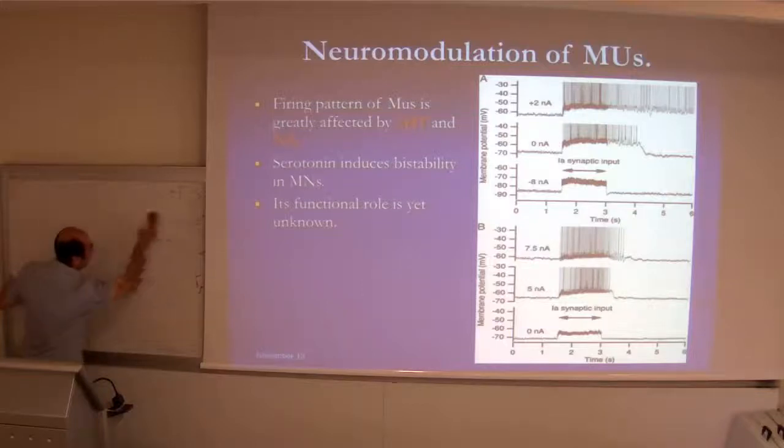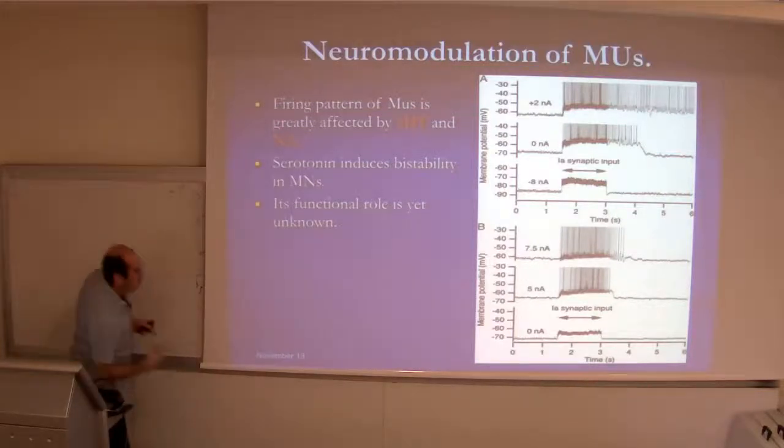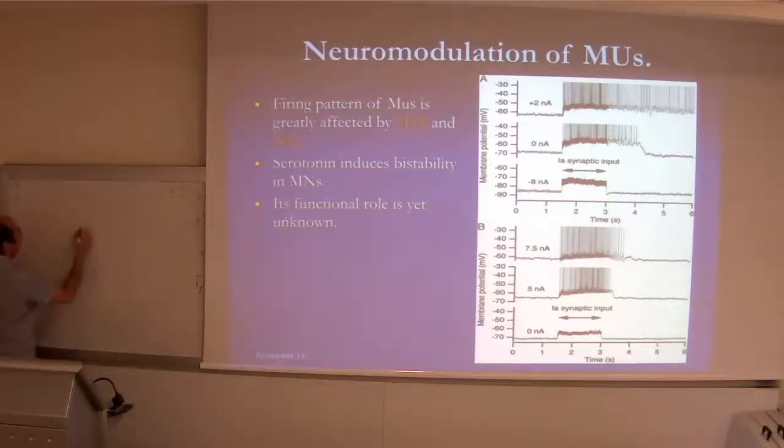So you have this butterfly shape of the spinal cord, and you have a motor neuron here with all its dendrites going everywhere. And through the dorsal root ganglion, there are fibers that are coming and making a synapse on the dendrite. And what we do is we put an electrode